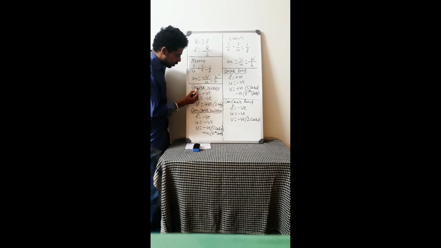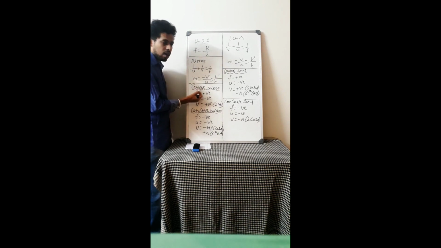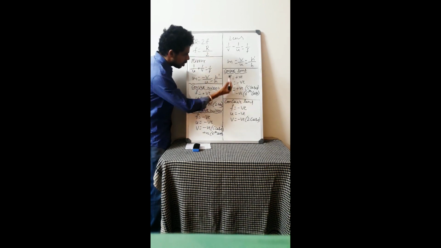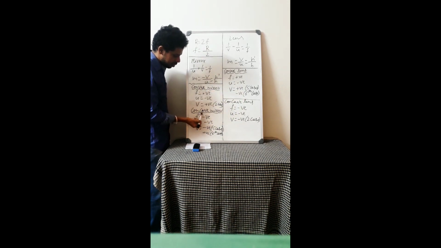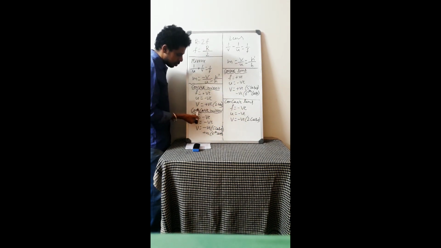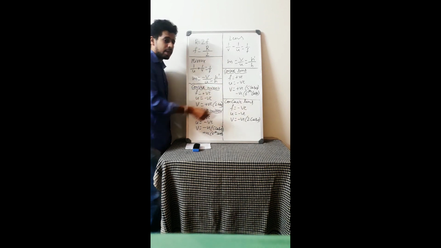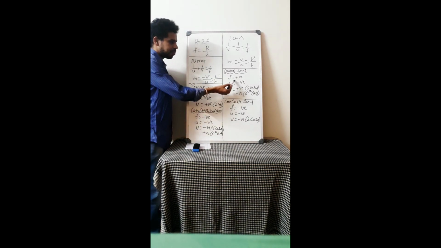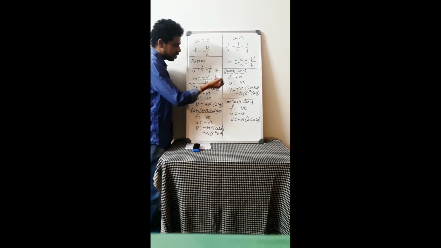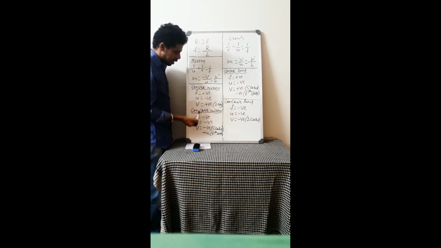If it is convex, convex means focal length will be positive. Here also convex, whether it is lens or mirror, focal length will be positive. Concave, so focal length will be negative. So you have to remember like that. Object distance is negative in all the cases, whether it is mirrors or lenses, in all four types it is negative only. Focal length is positive in convex cases, so convex mirror or convex lens it is positive. Concave mirror or concave lens it is negative.